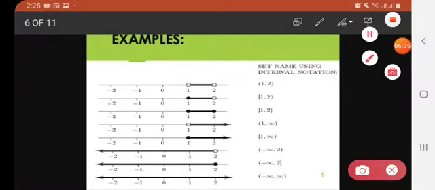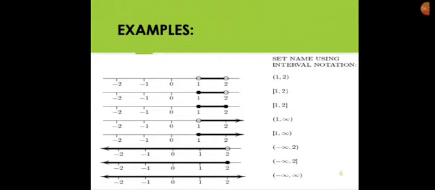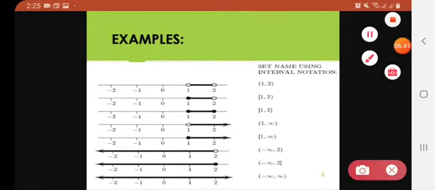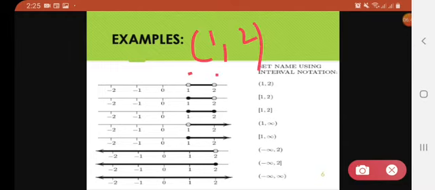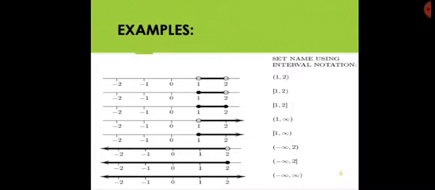Similarly, there are so many examples over here. Look at this, okay, 1 is open, 2 is open, it means it is an open interval at both ends, 1 and 2, so all the elements between 1 and 2 are included, but 1 or 2 themselves are not included. Look at the second example, 1 is closed and 2 is open, like this. Look at this, 1 is closed and so is 2. Look at this, 1 is open and 2 is closed. You all can see this.